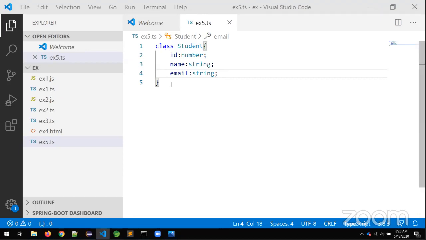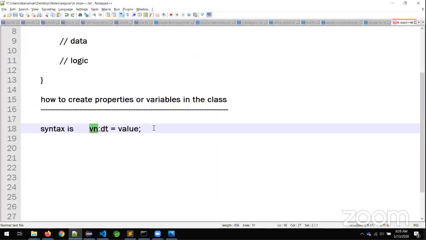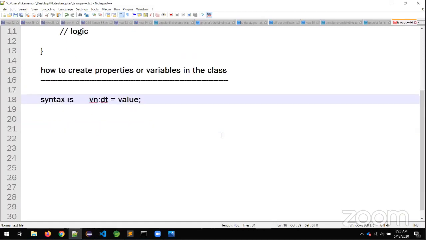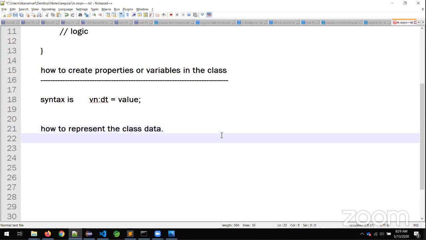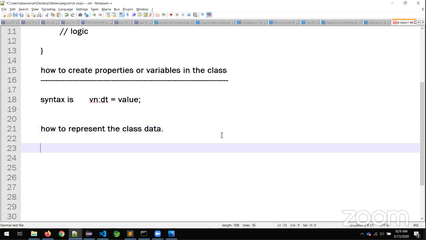So this is the way. Next step. In the same way, I will show you how to represent the class data. Sir, okay, you create the containers, you create the structure.